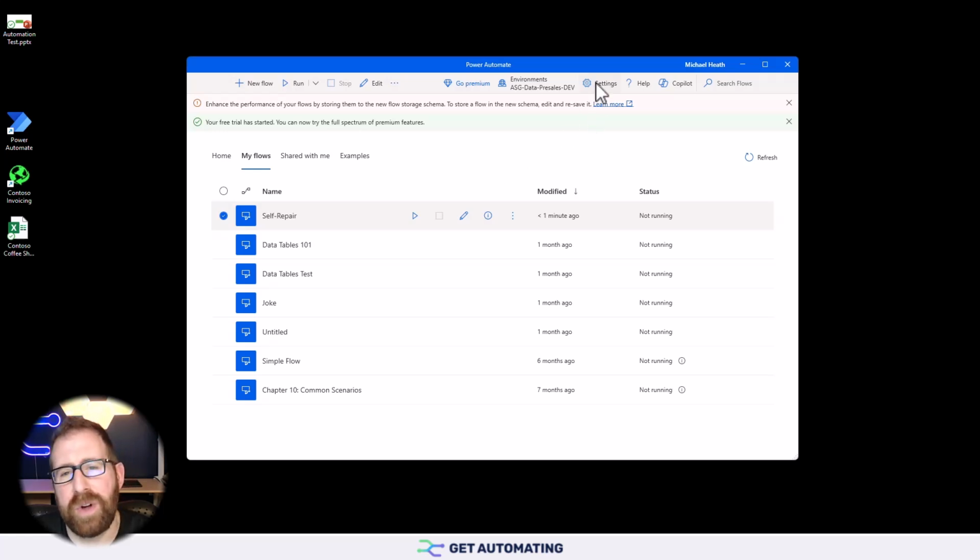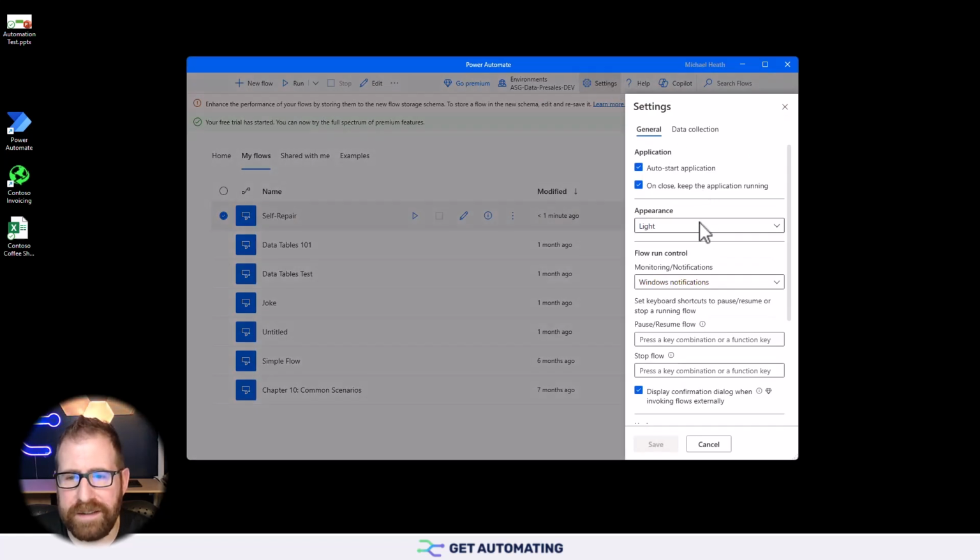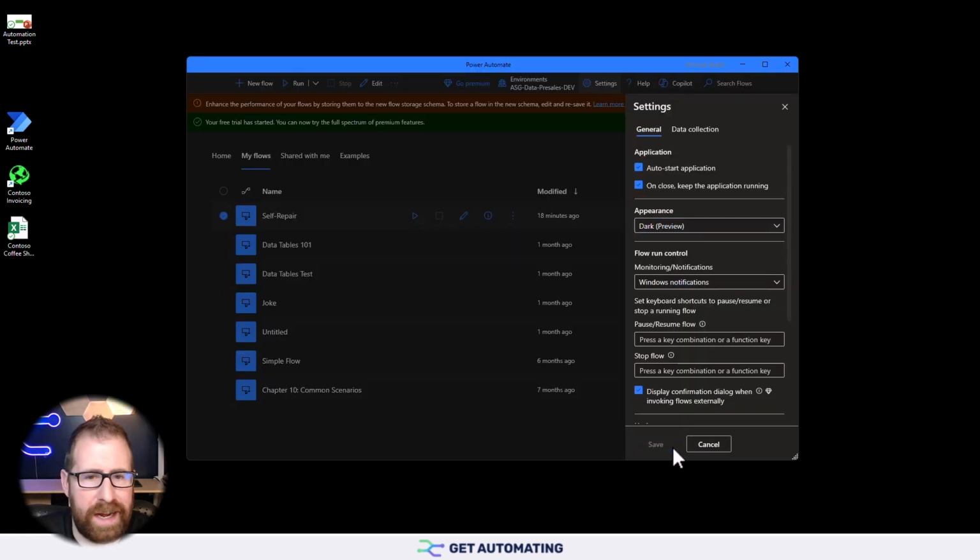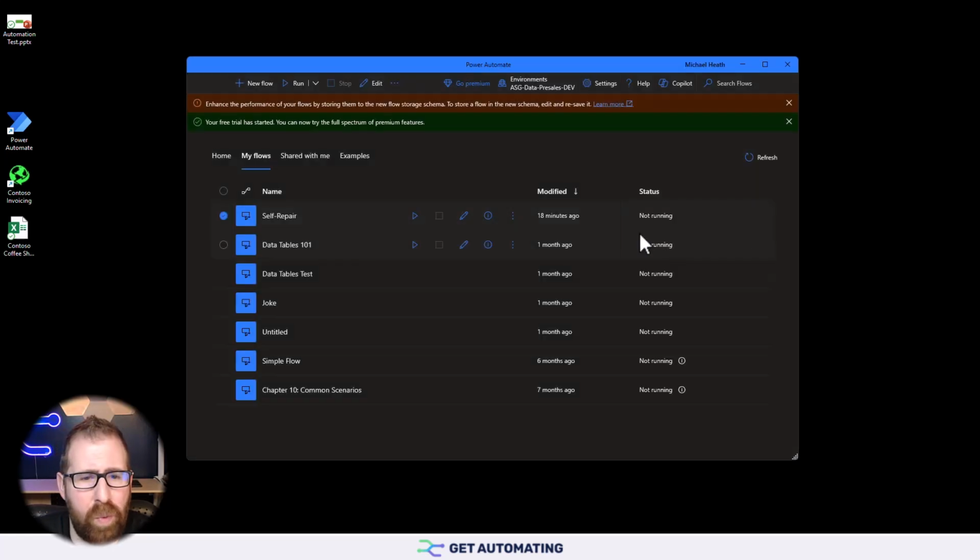That is the new dark mode found in Power Automate Desktop. Come up here to settings, appearance, and just click dark mode. Change it on out. I don't know if that's your thing. Go ahead, test drive it a little while, see what's going on there. All right, we'll rock that dark mode out for a little bit here. And we're going to hop into one of our flows to go ahead and get this tested out, this self-repair